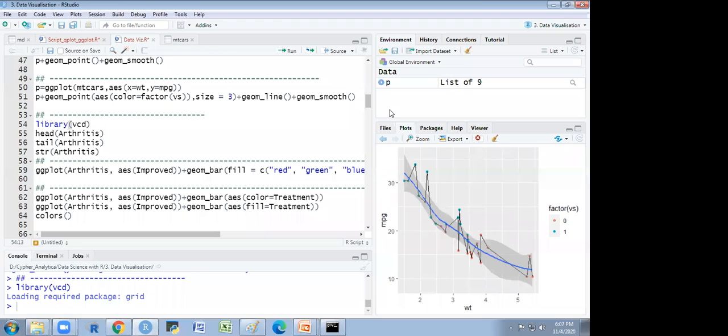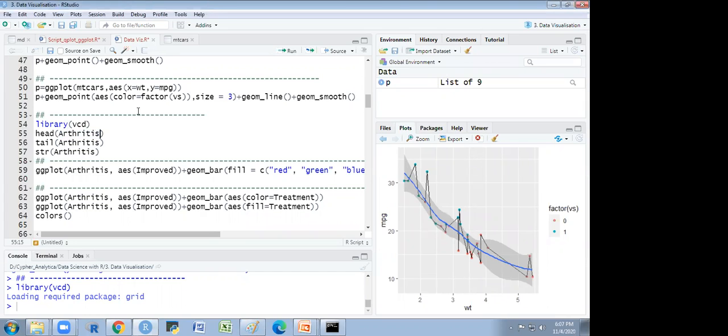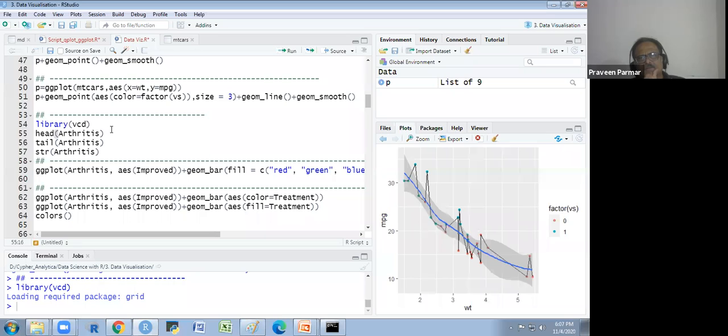I installed the vcd package and then ran library(vcd), but whenever I try to view arthritis, it says it is not found. It should be there. Either you are using the wrong spelling, I think maybe. Sir, I have checked it. Later on, I will send you the screenshot and let's see if you can figure it out.